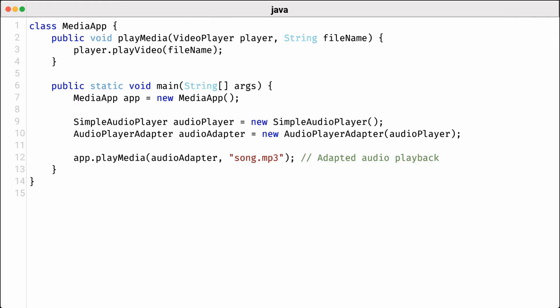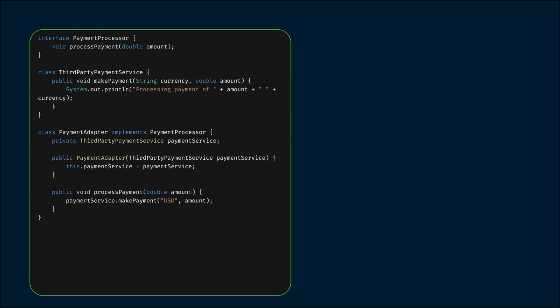Finally, we call the playMedia method with the audio adapter and specify the audio file, song.mp3. This central line exemplifies the seamless integration of audio playback in a video-centric application, showcasing how adapters can bridge differing interfaces and enhance the flexibility of our media playback system without compromising existing functionalities. Now let's implement the payment adapter,